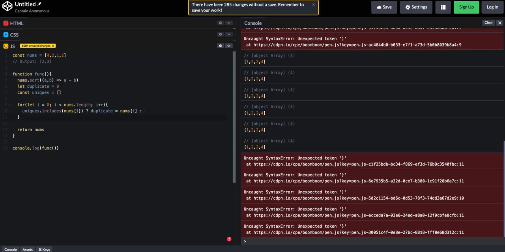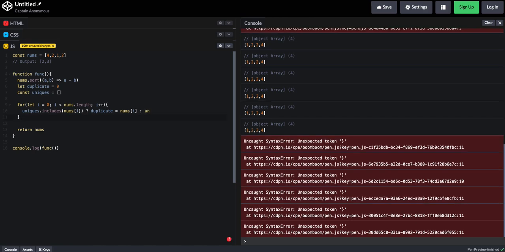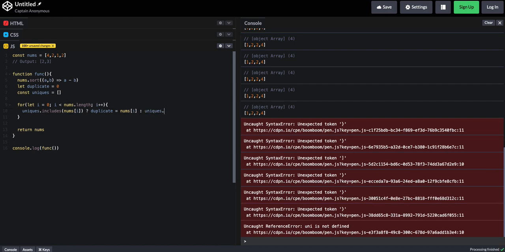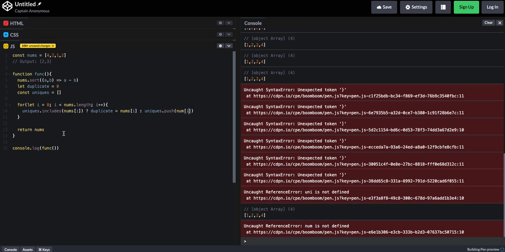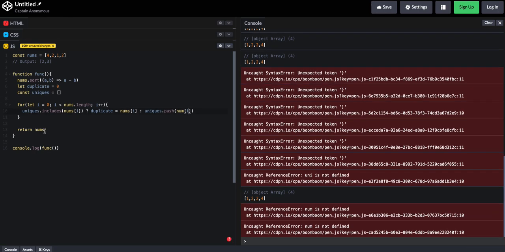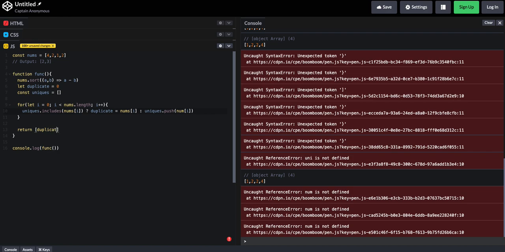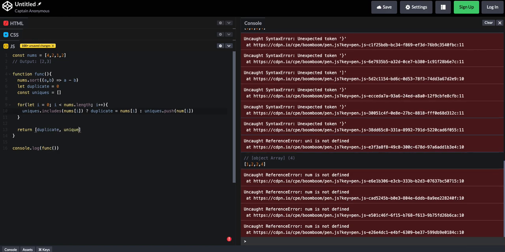If it doesn't include that, then we push into uniques. Uniques.push num at I. Okay. So now if we return, we create an array. We're going to return duplicate. That's the first thing we want. And for now, we don't have